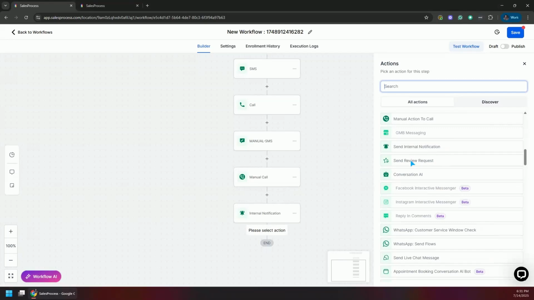Now this one will work. Let's assume that a customer has purchased a product from your website, and after purchasing the product, you want to receive a review on your Google business profile or on your Facebook. You can use this action to send a review request. It will send them an email where they can click and directly go to your Google page to give a review